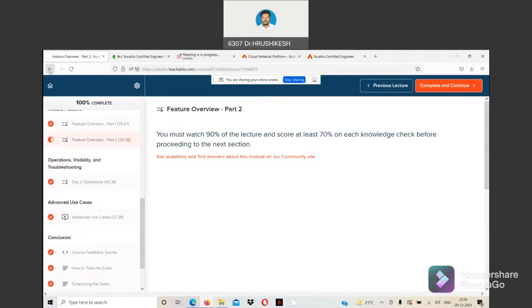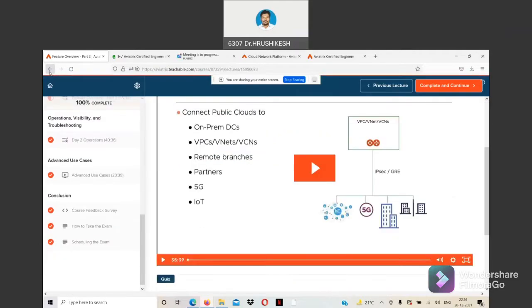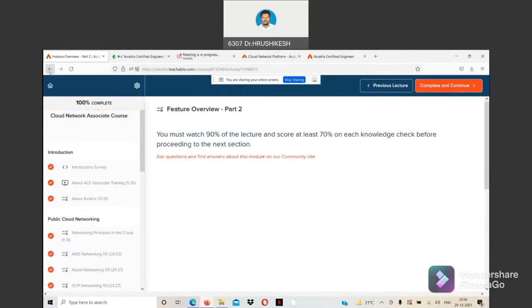Wait for some time, I'm going to the first where I started. Every concept, if you see here, has some amount of time, so we need to focus clearly on that. When a module is completed, it will automatically go to another concept. So once all concepts were